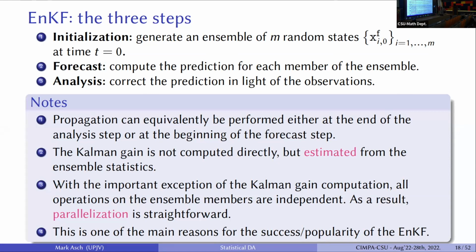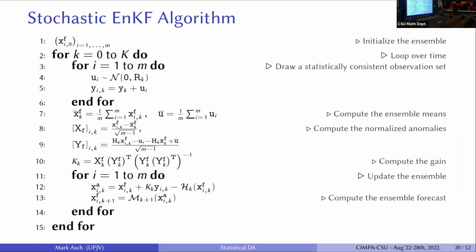It's parallel nature, because you're generating independent realizations, and each realization you're letting it evolve. You're predicting and you're predicting, but each one is independent of the other, and then you only need to bring them together when you want to estimate the Kalman gain, the K, which requires an estimation. So I'll show you more in detail in other steps. So basically it looks like this, but don't worry,